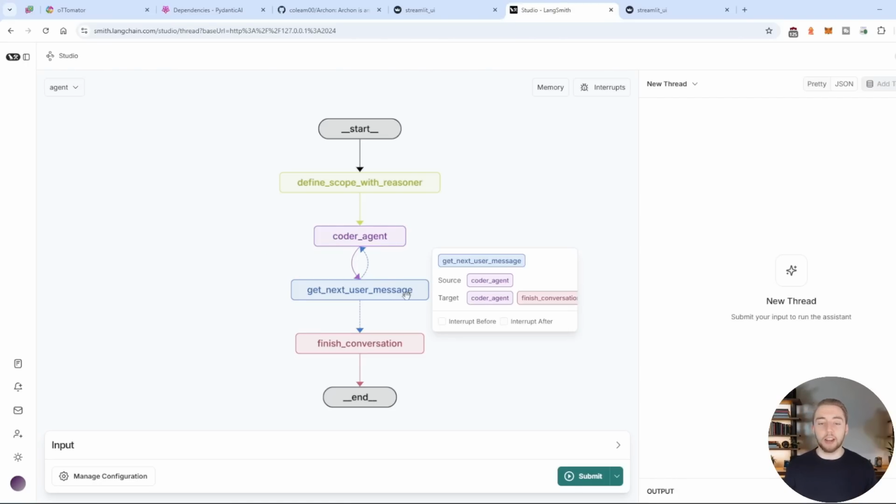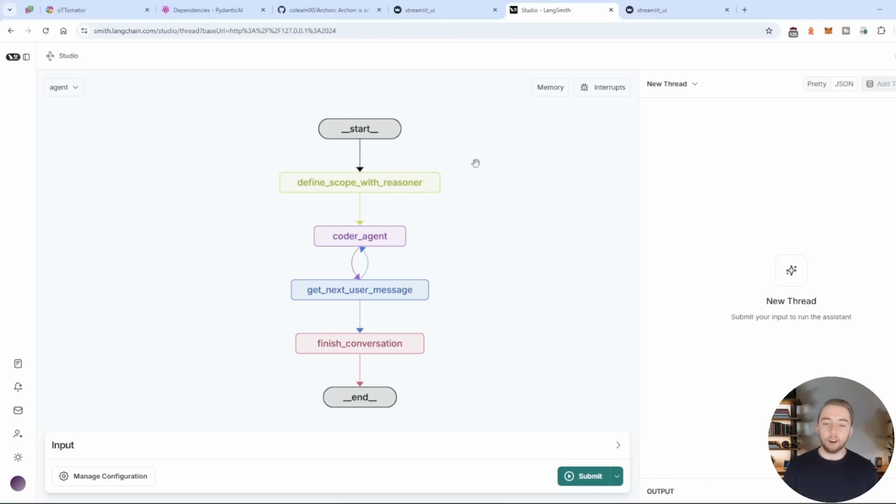And then once the user says that the AI agent is good, then we have this final agent that kind of wraps up the conversation by summarizing everything into the final AI agent for you and instructions to run it as well. And overall, this is a pretty basic implementation in LangGraph, but that's where I want to start with